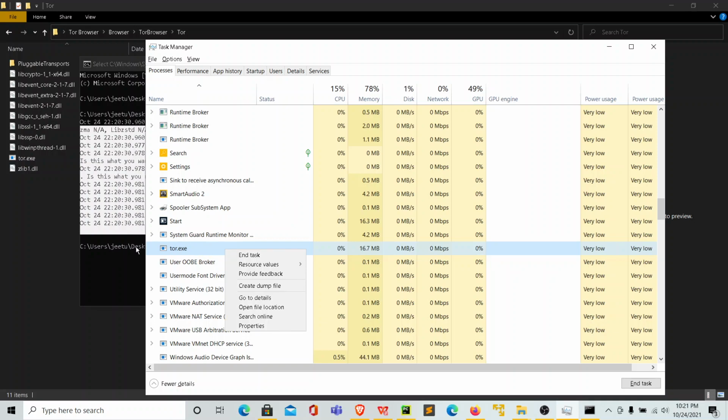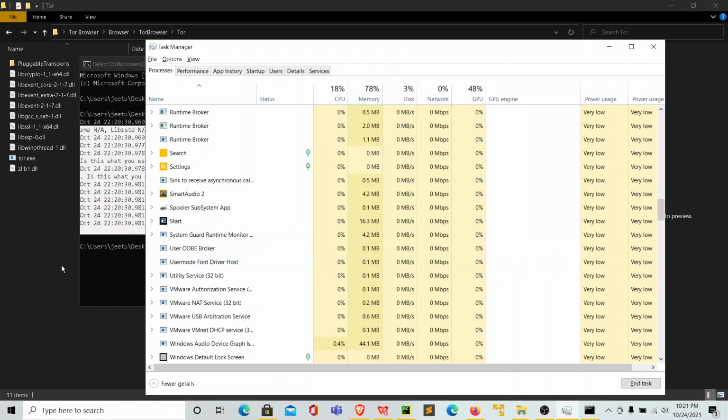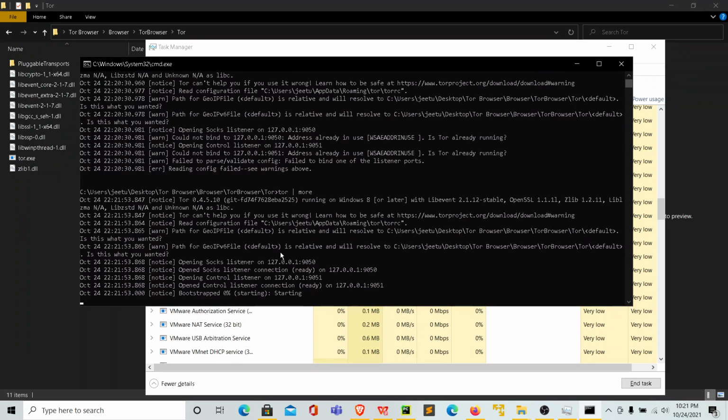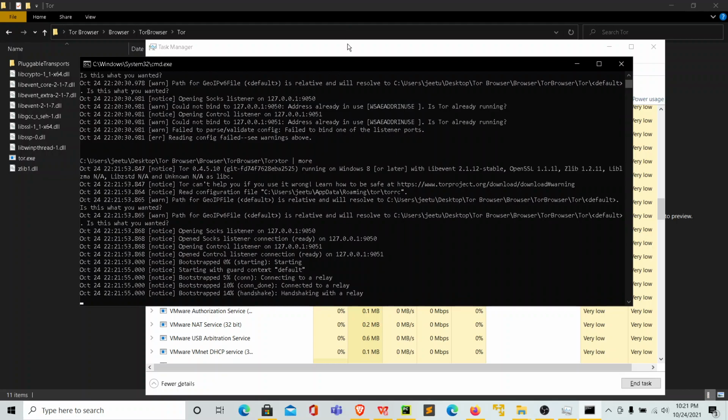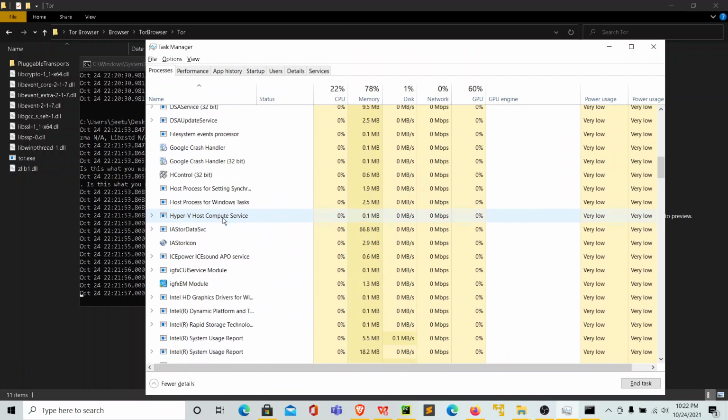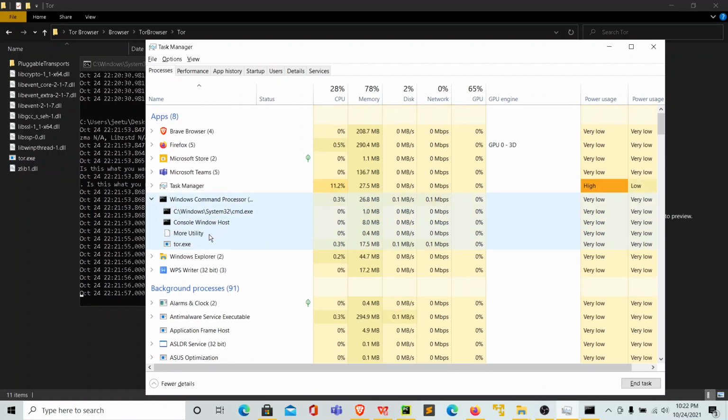I don't know why this bug happens, but Tor doesn't exit after closing its parent process, and it becomes a zombie process or something like this. In short, you have to click on end task over here, and then if you run it at whichever location you want, it will start. Now I'm not able to find it in the list, but in my command prompt I can see tor.exe running.